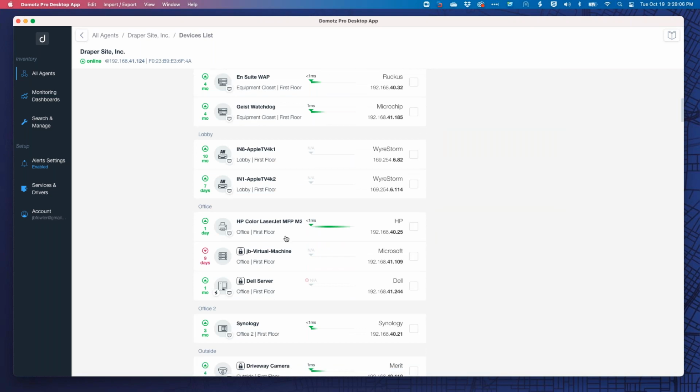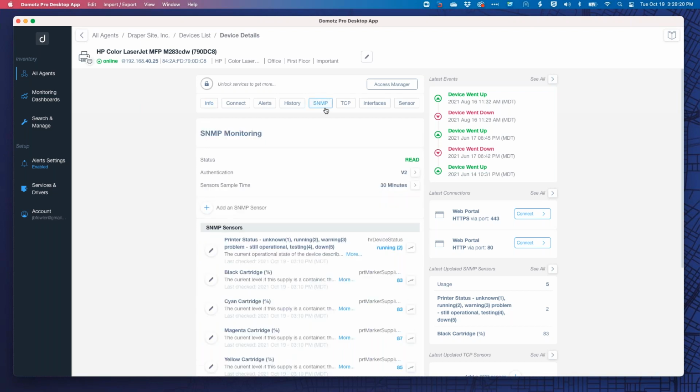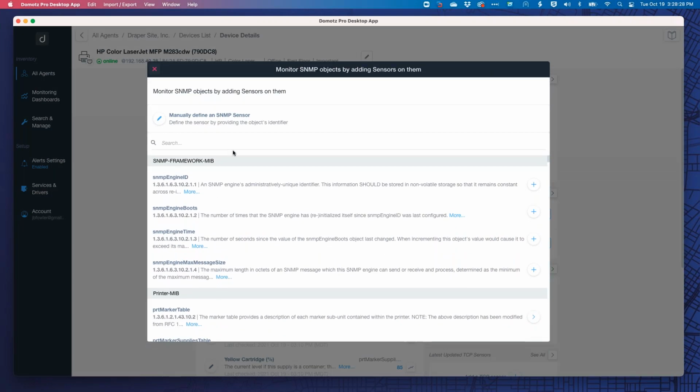Let's look at this device in particular. So inkjet printer, nice, simple. Everybody's got a printer. This is a LaserJet, I guess, on it. One of the things that you can do with this is go into SNMP, and you can add SNMP sensors to look at very specific features within the MIB files, the management information database that's there. You can pull up things that are specific to that device,